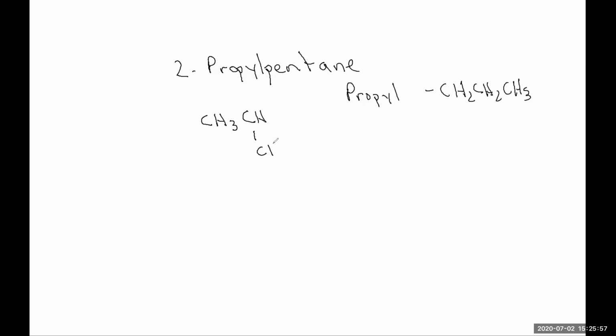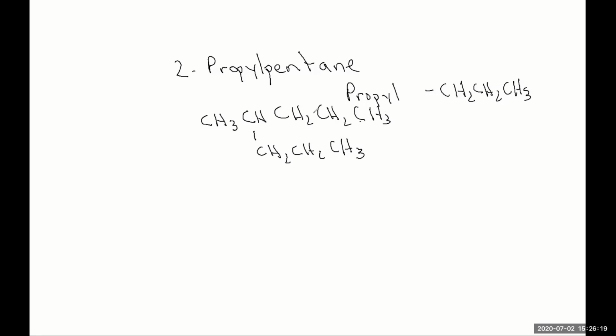So it would be CH2, CH2, CH3, and so that's 2-propyl, 1, 2, and then the pentane, 1, 2, 3, 4, 5. So you can see why this is not correct because really the longest